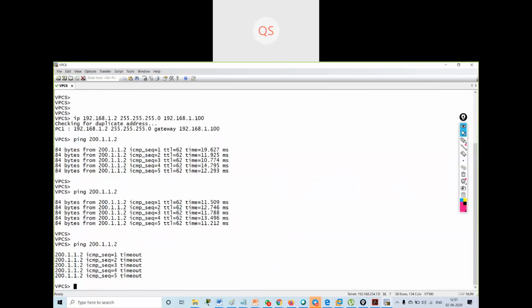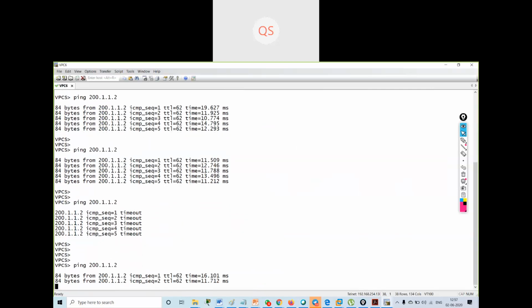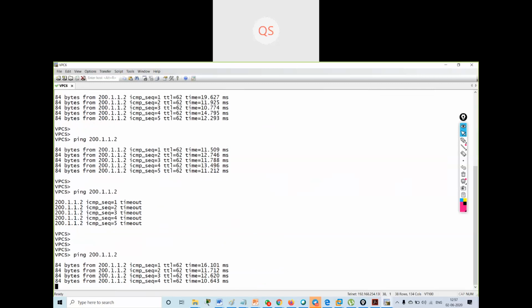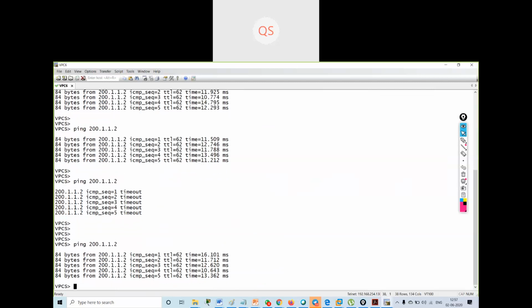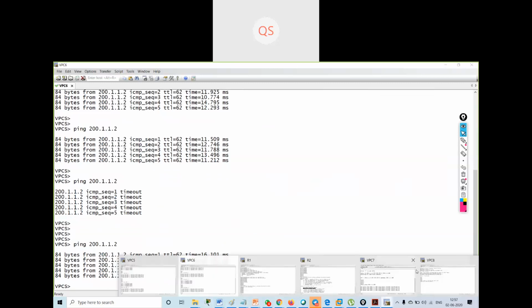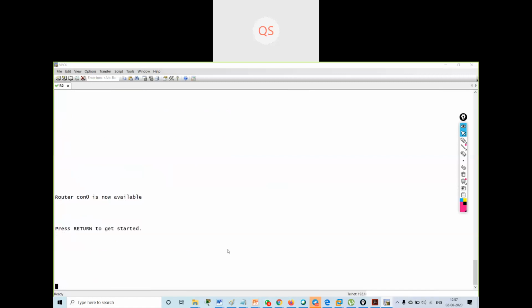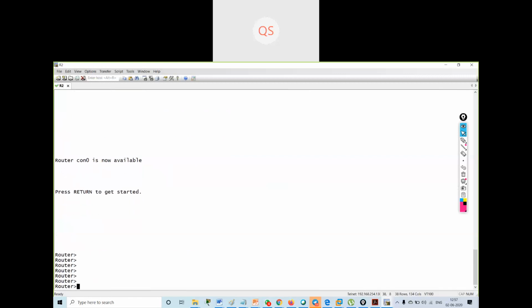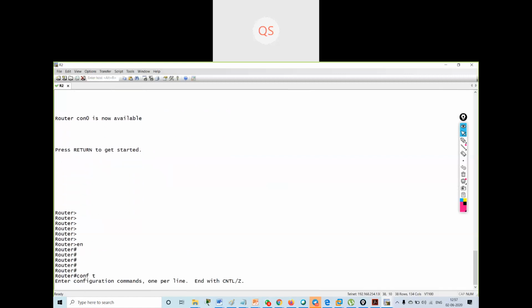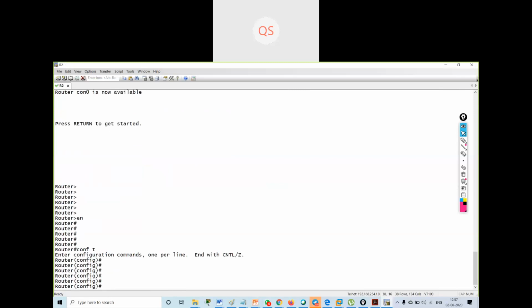I'll go on PC6 and I will say ping. Okay. Now what I will do, this is my ISP's router, R2. I will go to config terminal. I will not be using telnet in this scenario, but what I am showing you is line vty 0 4.